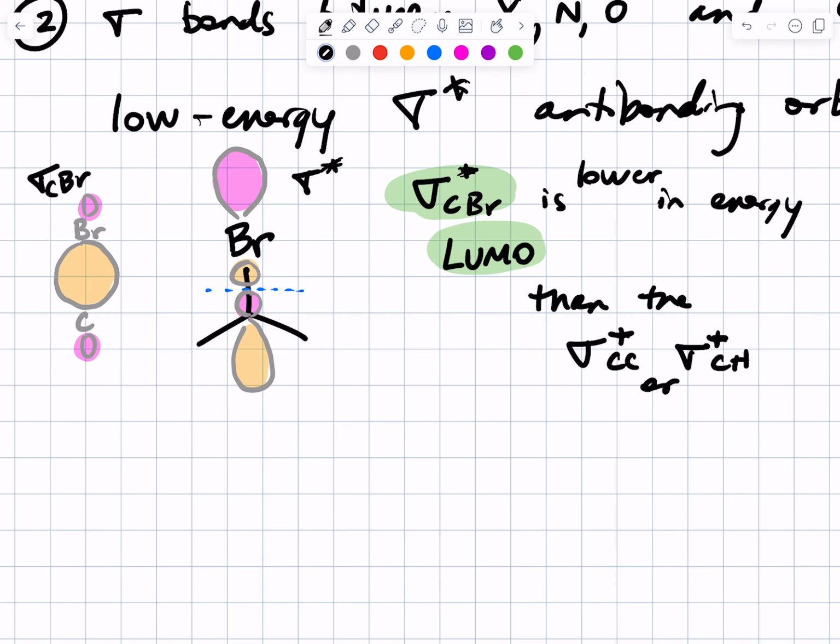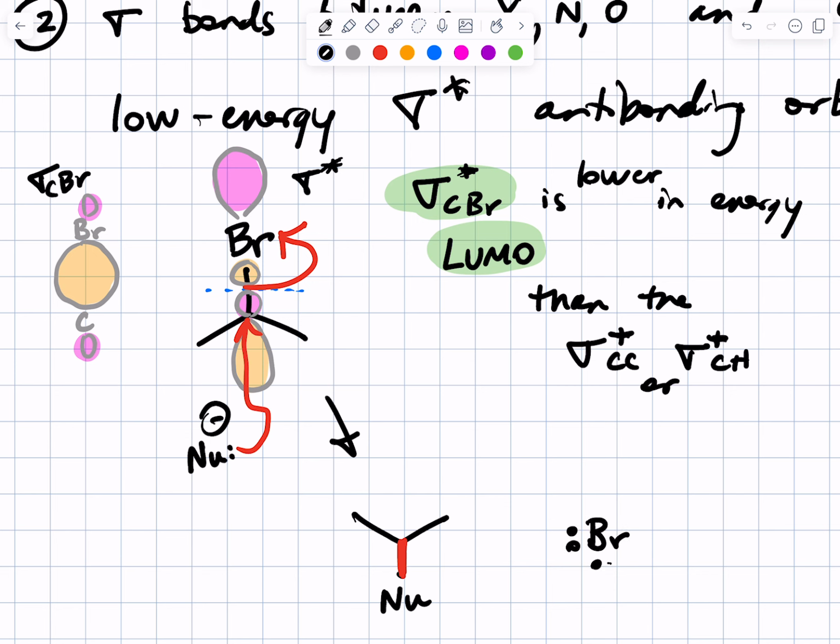And the short answer is it's the carbon. If the nucleophile attacked the sigma star at the carbon, that breaks the carbon-bromine bond, and the electrons from the carbon-bromine bond go on to the bromine. So what you form is this new bond between your nucleophile and the carbon, and then bromine leaves with its electrons. These two electrons on bromine used to be in the carbon-bromine sigma bond, now they're